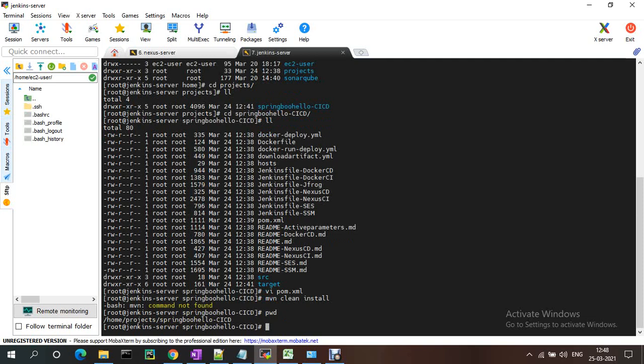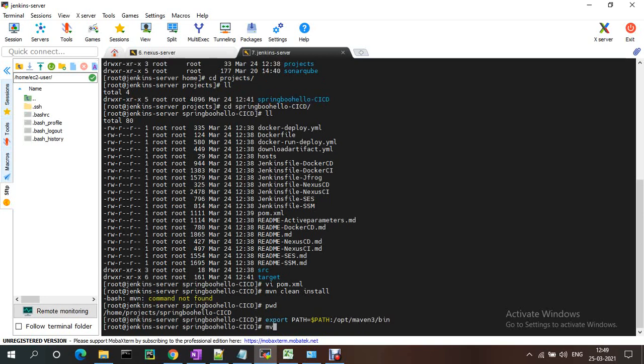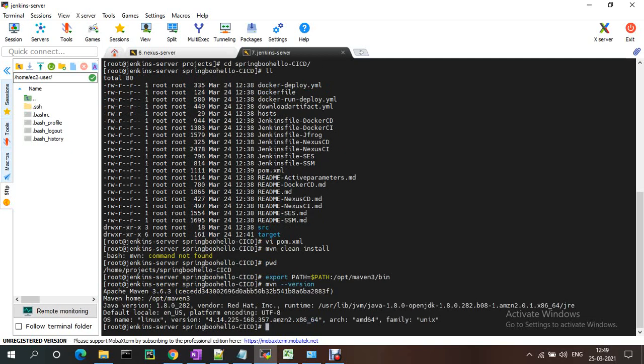Export PATH equal to $PATH:/opt/maven3/bin. Okay, and if we do mvn -version, it will be showing.